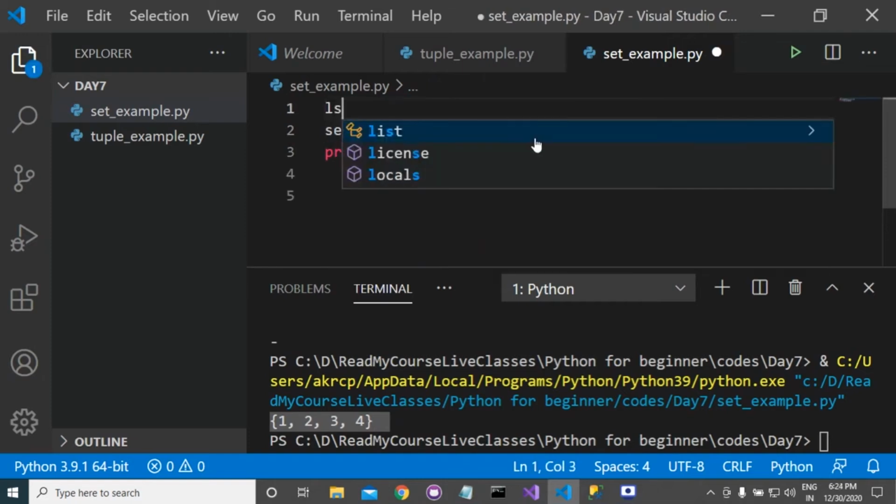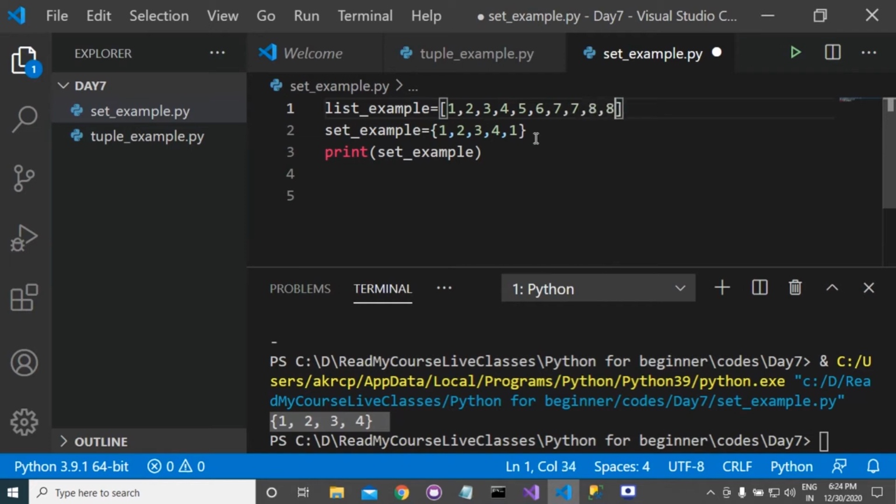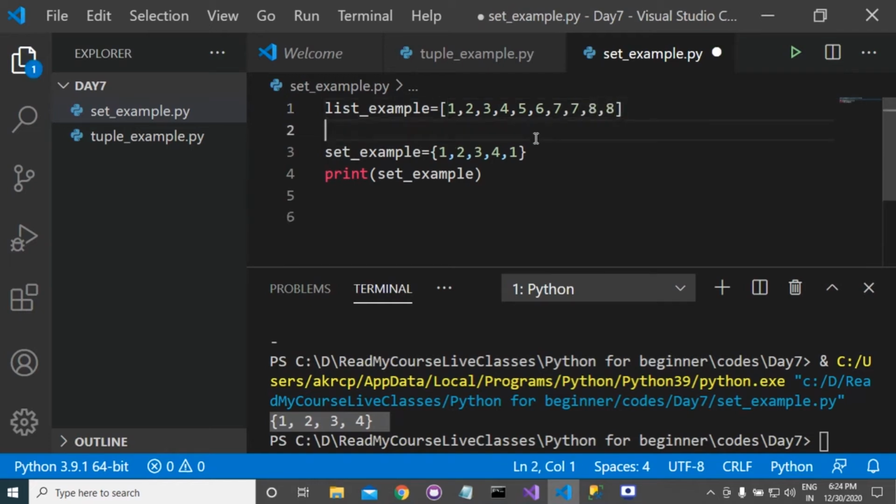Suppose that you have a list, and this list has some duplicate members like this.